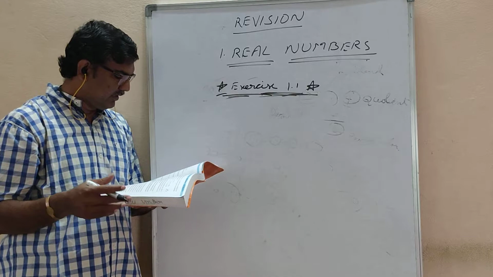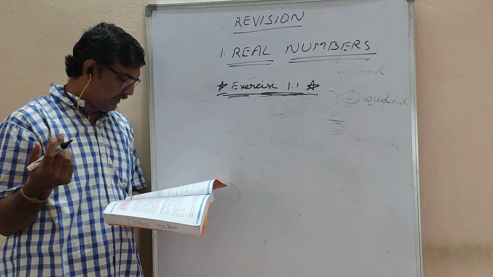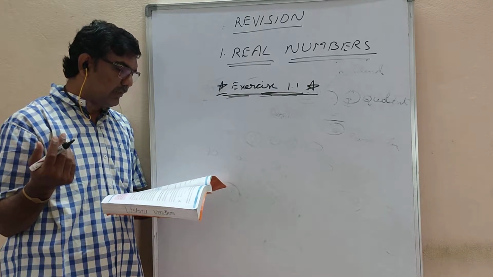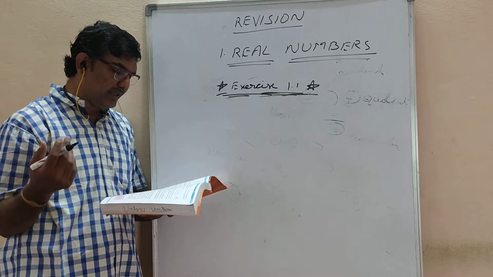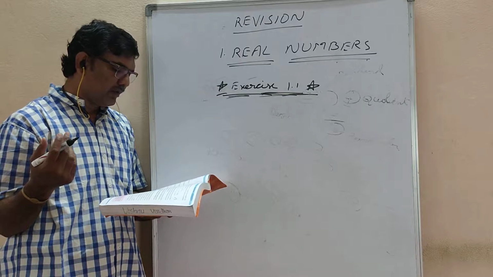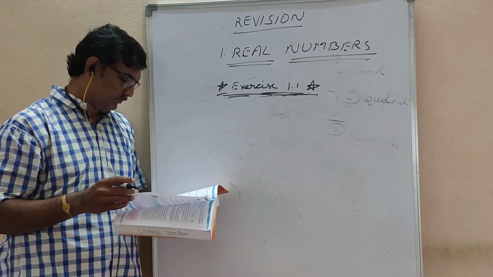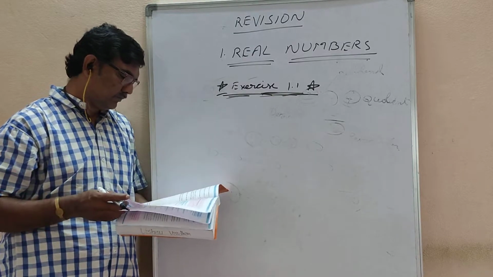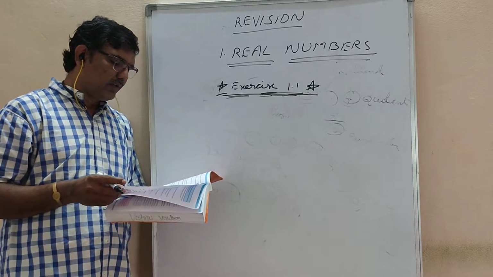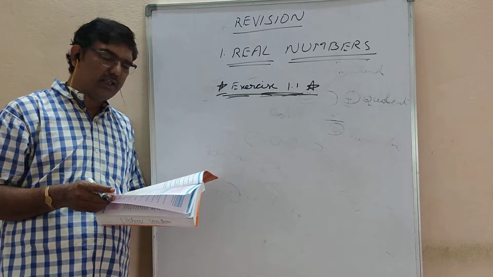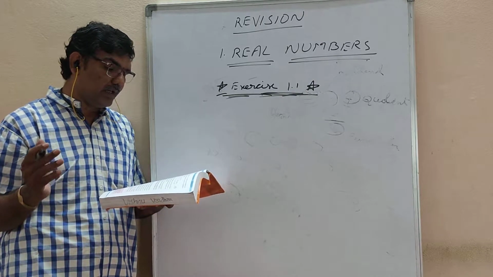Okay. Next, if you go to the next one, the fundamental theorem of arithmetic. So what is this fundamental theorem of arithmetic? We should know about it. It is theorem number 1.2. Theorem 1.1 is the division algorithm given here. So already just go through theorem 1.1, it is very important, keep it in mind. Next come to theorem 1.2, the fundamental theorem of arithmetic.